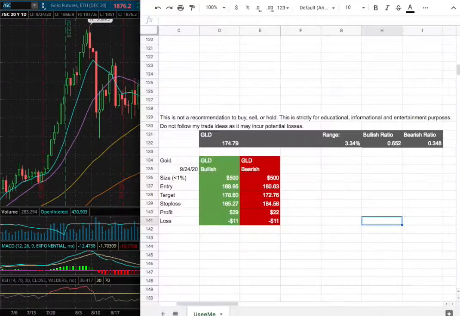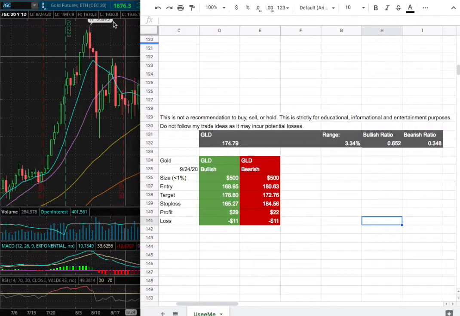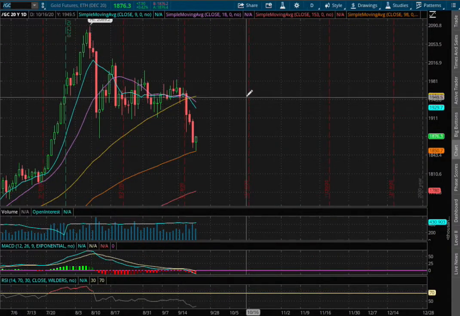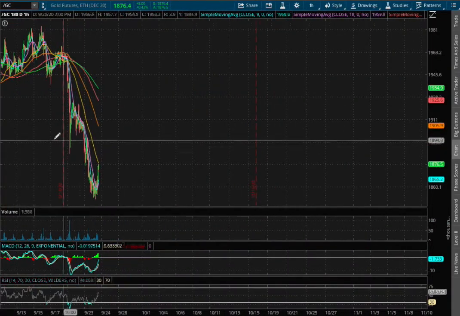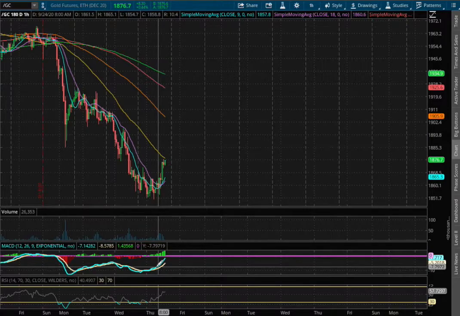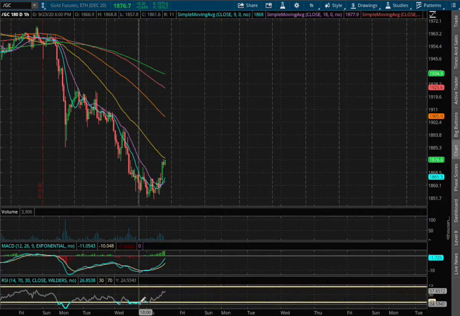In this video, we'll be going over my trade idea of the week and the day-by-day probability model. So let's start off with the technical analysis. We're currently up 42 basis points on the 1 hour chart. We are now approaching a positive MACD after being negative since early this week, and we're off of oversold levels